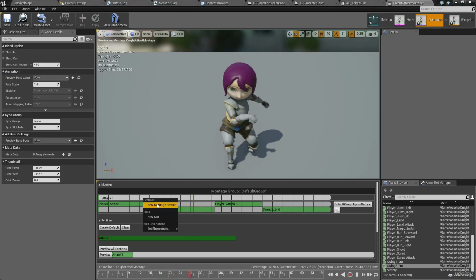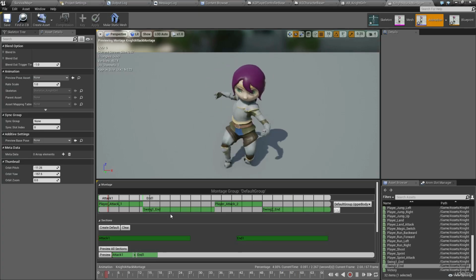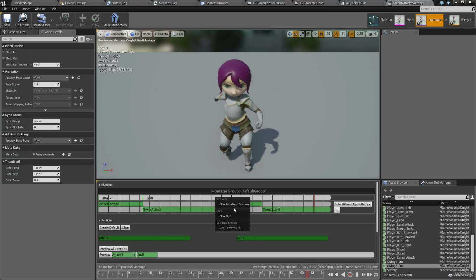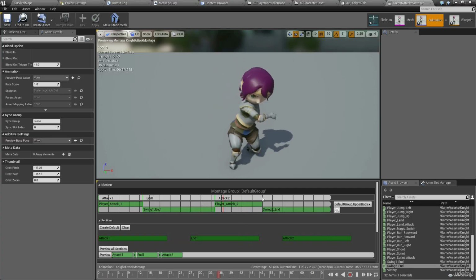Let's keep going. I'm going to add another new montage section, and this is going to be called attack 1 end, or end 1 actually. So we now have attack 1 and end 1. And if I click here, again, new montage section, and this is going to be attack 2. And over here,